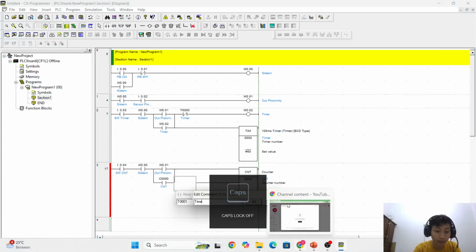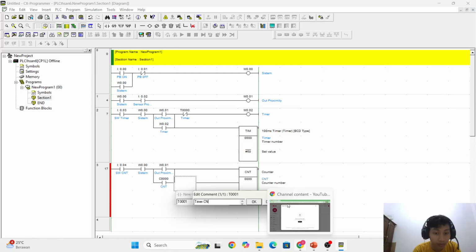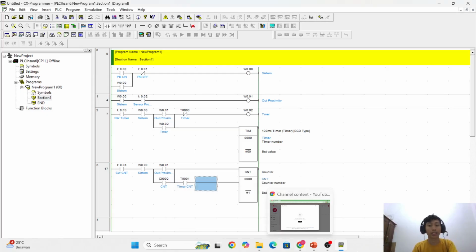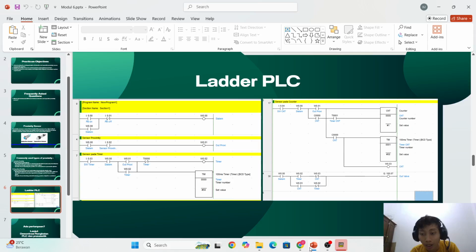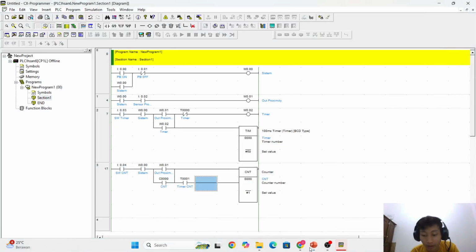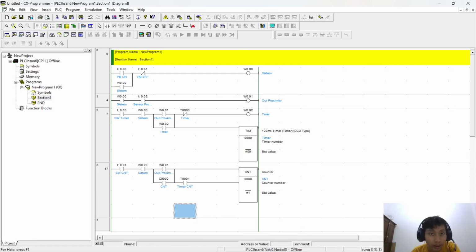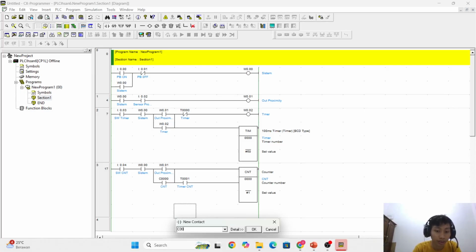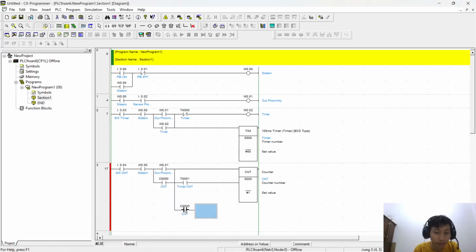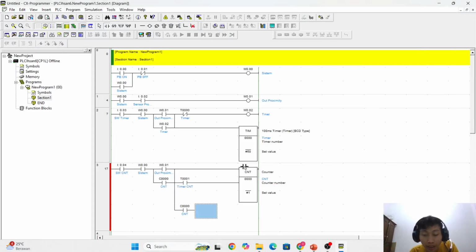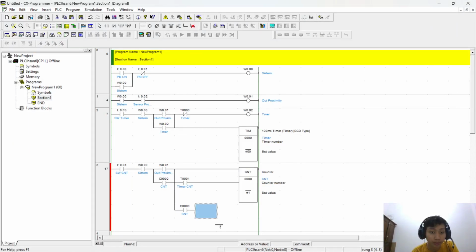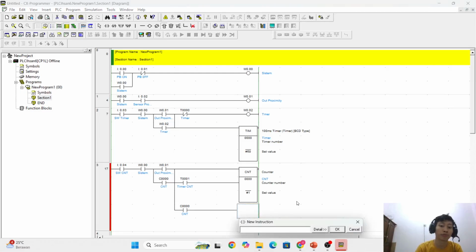Timer CNT. Okay, and then I will make the other one. Okay, it's CNT 2. Okay, and I made the instruction. It's team 0001, but the stack is set to 50.